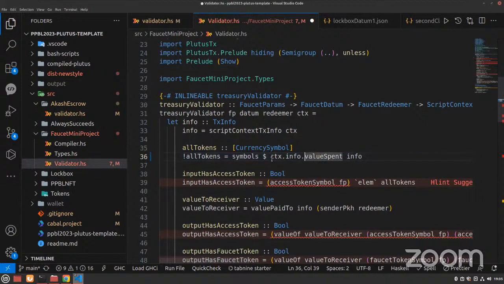So in the JavaScript mindset, or an object-oriented mindset, this value spend means that, and this is a function, so we would use something like that. But in Haskell, it is different. Therefore, we use this. But if we want to just get rid of it, we can do that by